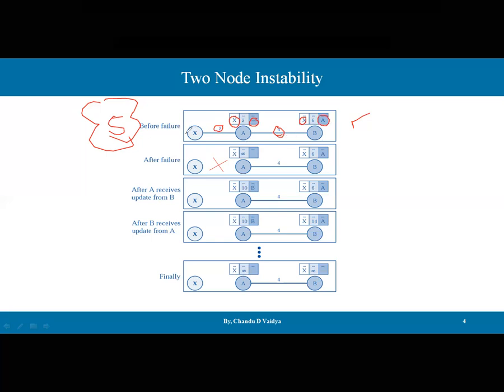So this is the plain scenario where everything was good. But let's say what happened in the second case. Let's say the X and A link is broken. Then A immediately updates his table: I want to reach X, but I don't have any cost, because it is infinity. The link has broken. So he has maintained his table. Okay, it was directly connected, but now it is not connected.